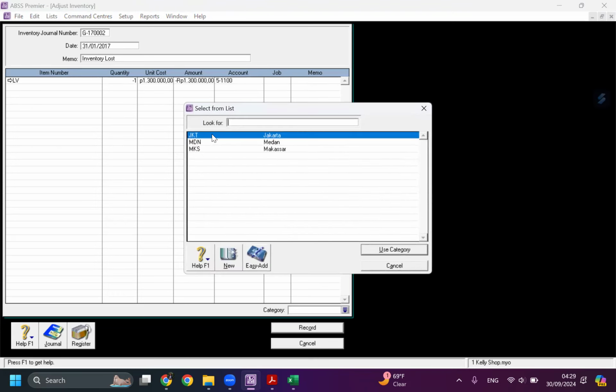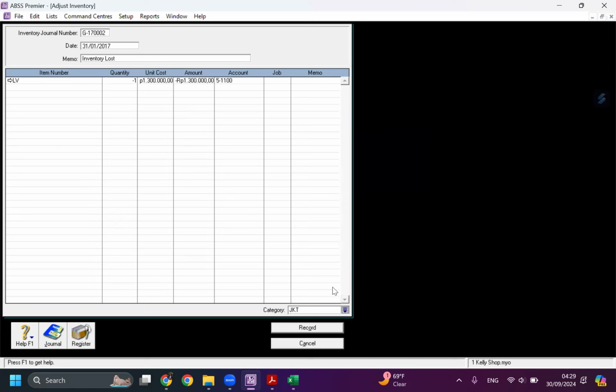Why do we make our journal like this? Because you lost your inventory. That's why we are going to remove it from our warehouse, our inventory. That's why we put the quantity here as -1, because we are going to remove one item from our inventory. So just choose this and next click record.